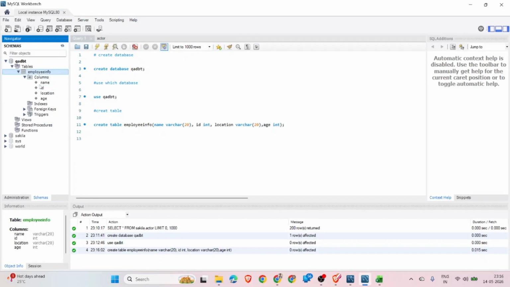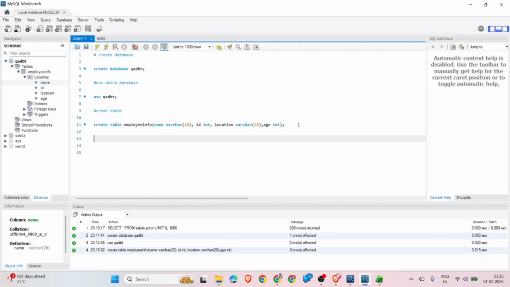Okay, it doesn't have any information, so I can't show you now. Now what I am doing is I will fill the data in this same format. So to fill this data we will give insert